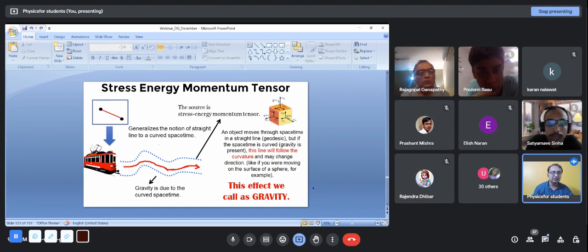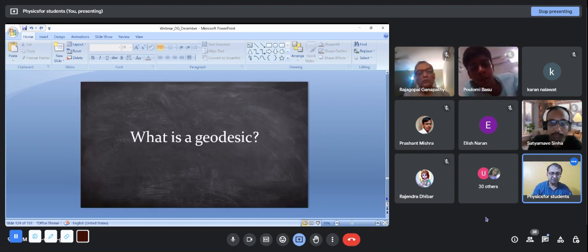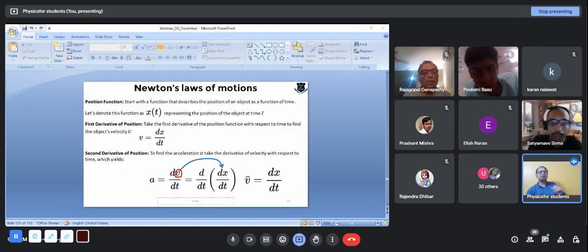So the matter is causing the energy and pressure. This pressure is causing the curvature, and this curvature is being measured by the Riemann, Ricci, all those things. And this curvature is basically a manifestation of what we call gravity. Okay, all clear? Okay, I will just quickly go for a whirlwind tour, maybe not for Sagar or others, that